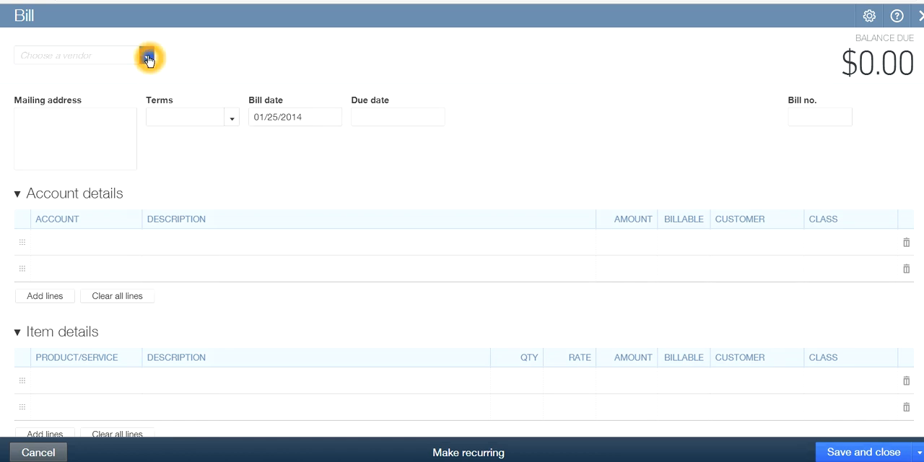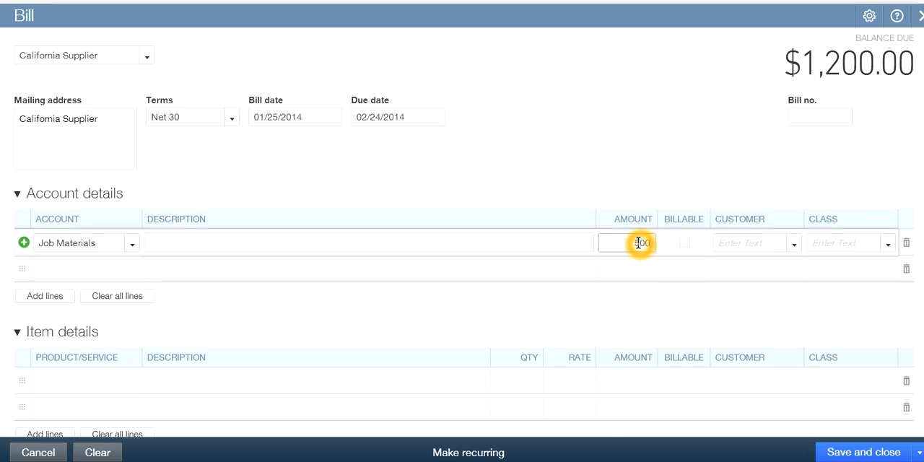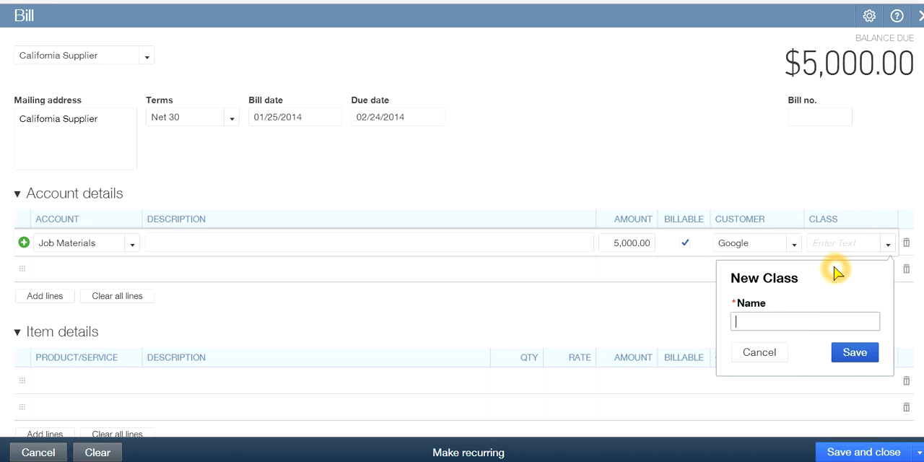All right. So let's just say we're buying from the same California supplier, job materials, and let's say this is $5,000 worth of materials, and the customer is, let's say, Google, and we're going to bill it. And the class, let's say we have products and engineering here. You can add another one. Let's say if you're doing installation,